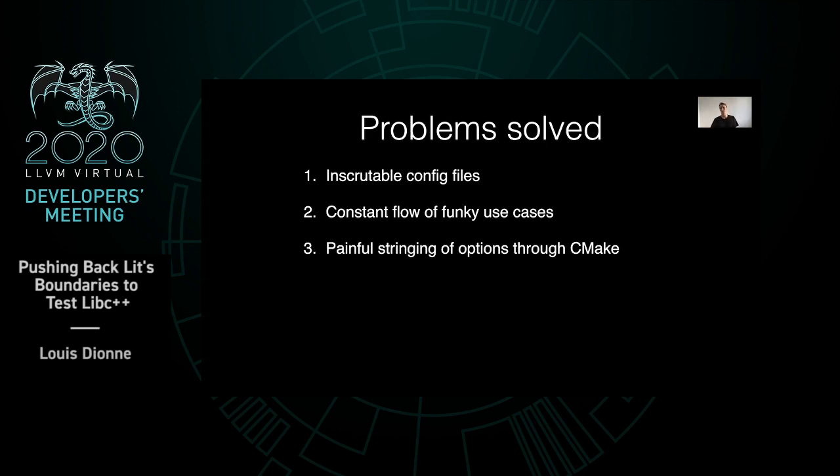And also, because the new configuration file is a lot lower level, you control directly what you want to do. It means that we can handle a bunch of funky use cases that we couldn't before. So for example, people wanting to run the test against a statically linked libc++, or against a statically linked libunwind, they can all do that really easily now by just passing the right flags, creating their simple config file. Whereas before, it would have required adding new knobs basically to the big configuration object we had, and